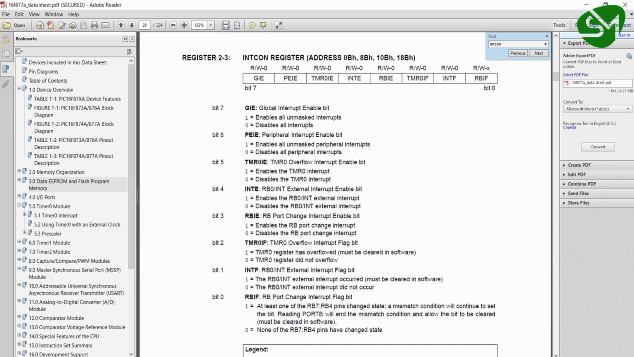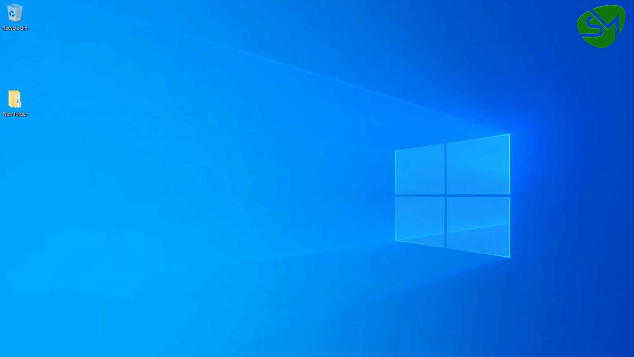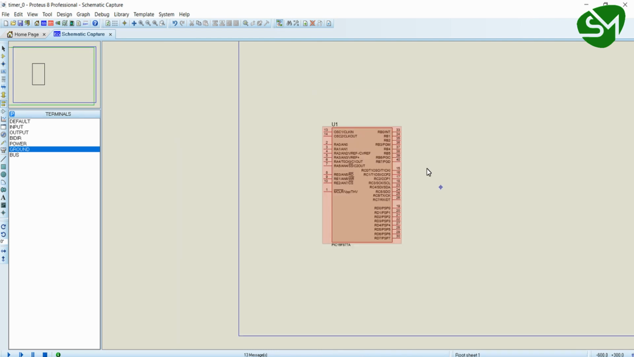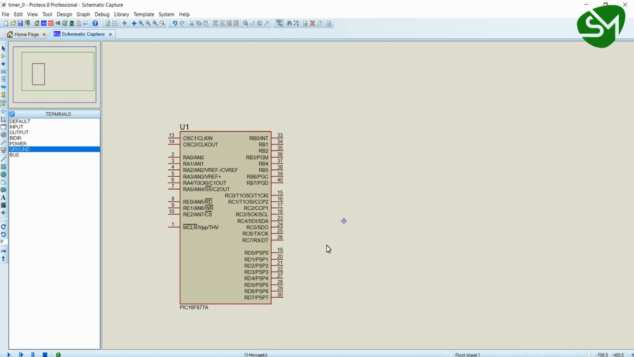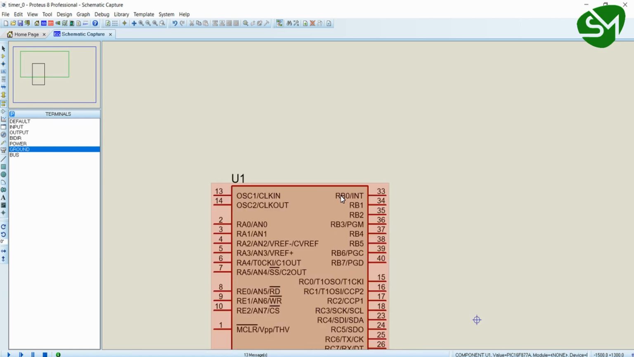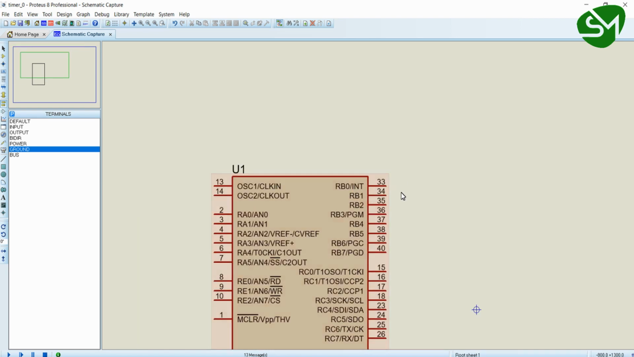Hello everyone. In this lecture, we will implement external interrupt in our microcontroller PIC16F877A. In the last lecture, we discussed the working principle of interrupt in a microcontroller, and now we are going to implement that in programming. In our microcontroller, RB0 is the external interrupt pin. That is the only external interrupt pin available. So we will connect a push button to it,